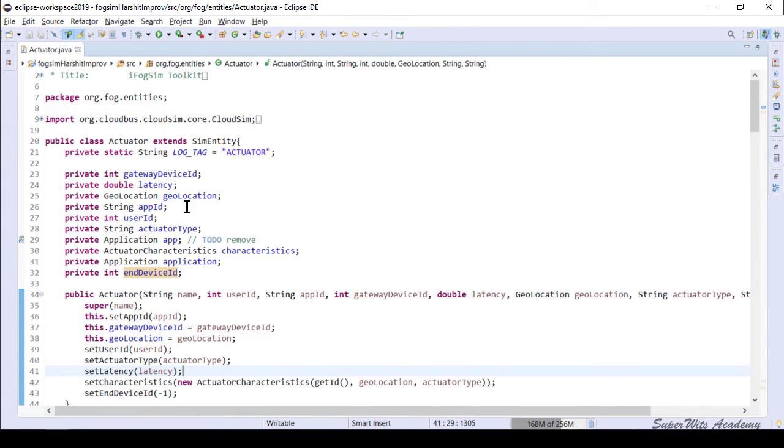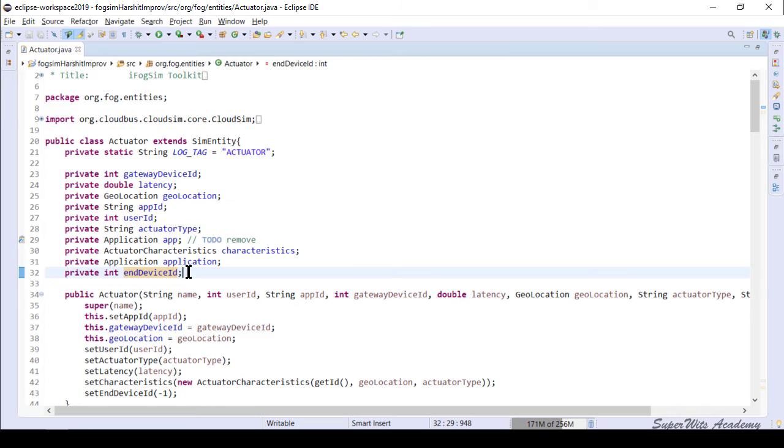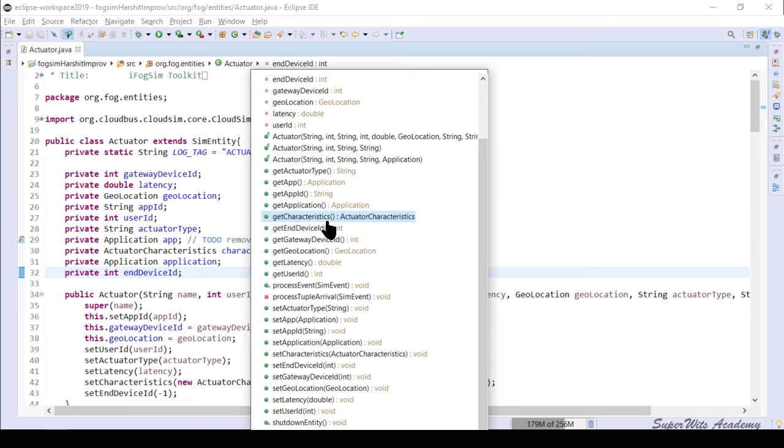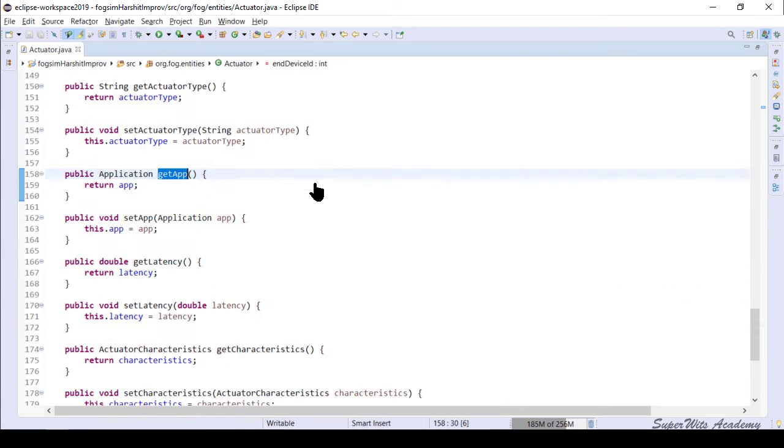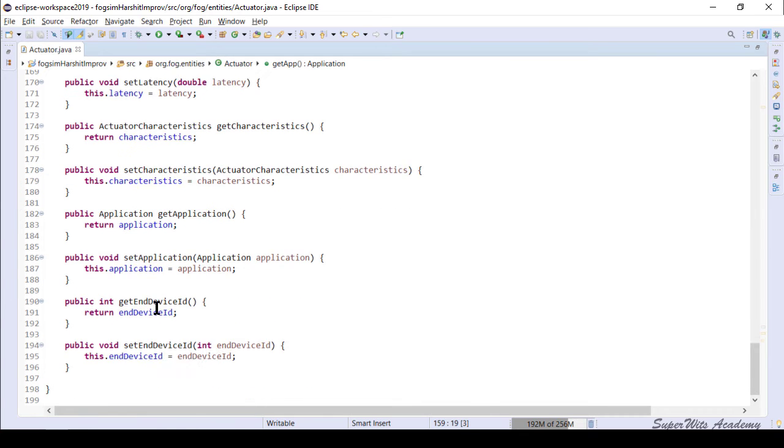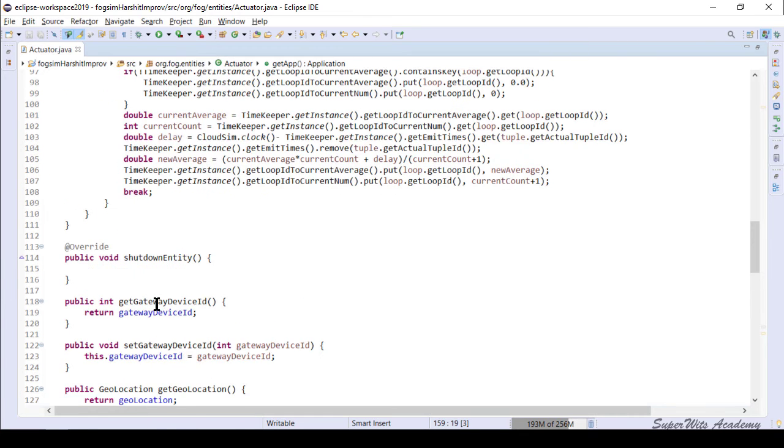Now because all these parameters are supposed to be set with certain values, or read with certain values, we have 10 different get methods and 10 different set methods. These are basically used to get or set the values of these variables. You can clearly see in those get and set methods what exactly is happening.